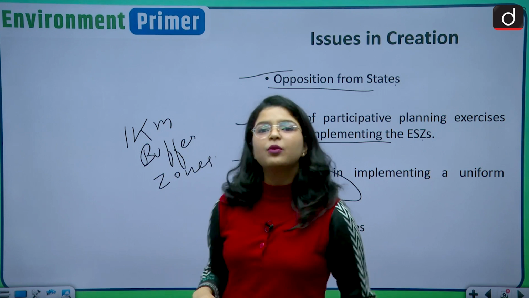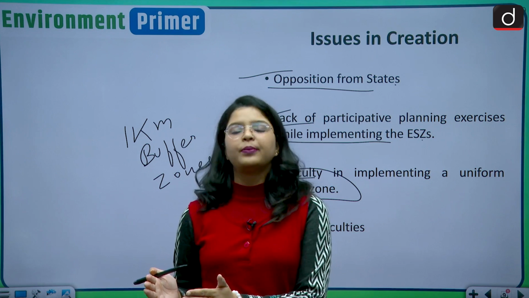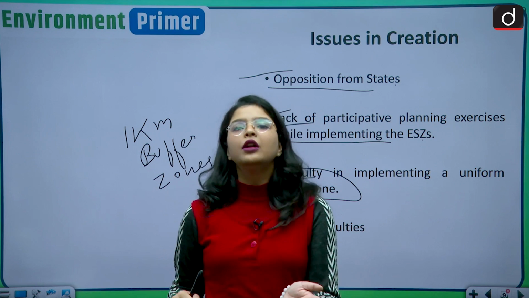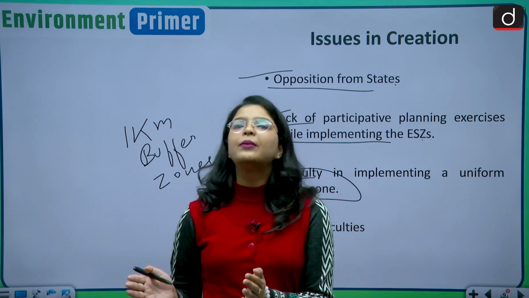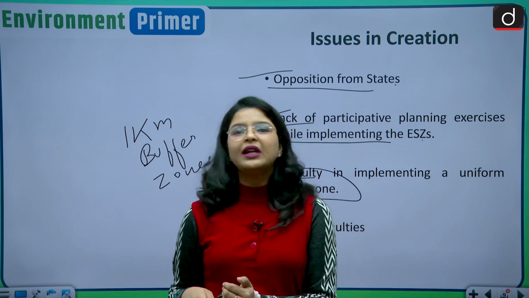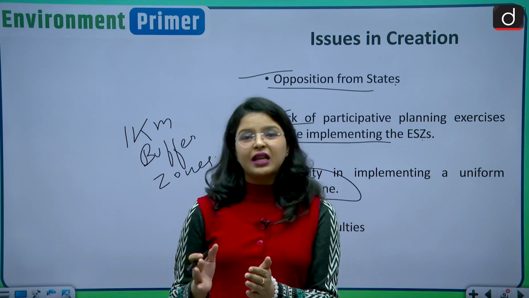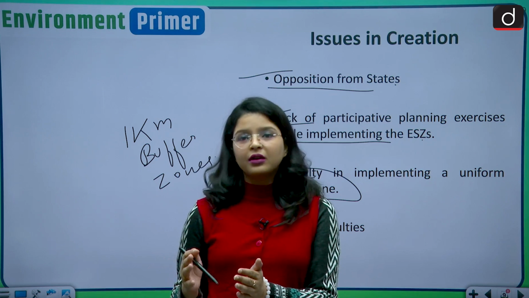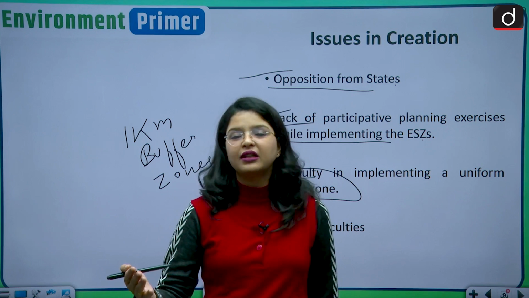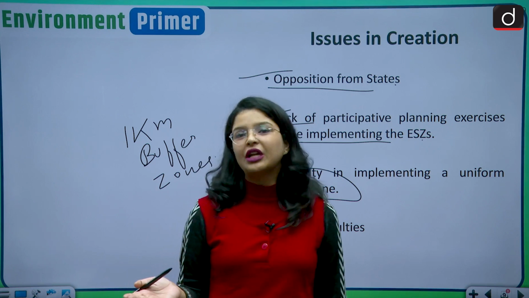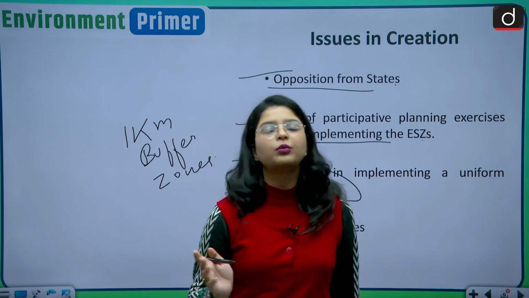Okay. So the Supreme Court judgment will definitely be difficult for the states to implement. So what they will do, they will bring new laws, they will change their governance and will try to limit these eco-sensitive zones. Definitely it is not possible to maintain a uniform buffer area, because the areas around various national parks are more ecologically fragile, more ecologically sensitive. So they need definitely more protection than other areas. So expecting a uniform buffer zone is not possible.